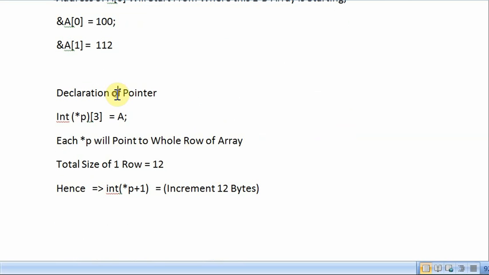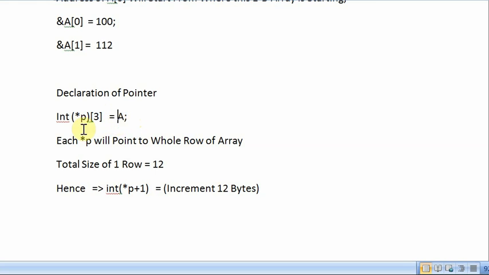so how can we declare a pointer to a 2D array? We cannot declare the pointer the way we declared it in the previous videos for a one-dimensional array. To declare a pointer to a 2D array, we should also specify how many columns there are in the rows.